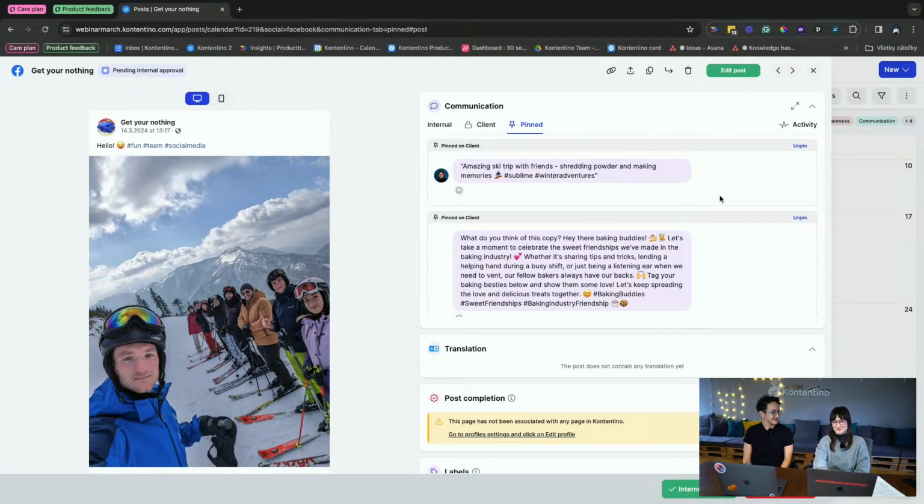Yes, you probably mean this one. Yes. Right. So basically, when thinking about different use cases of how to use pinned comments, we also realized that